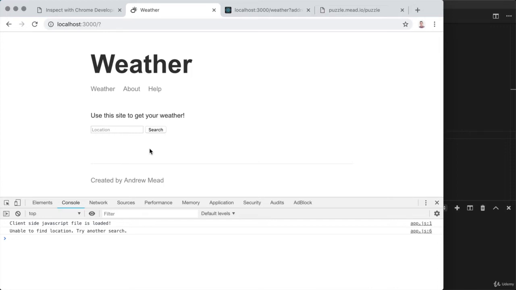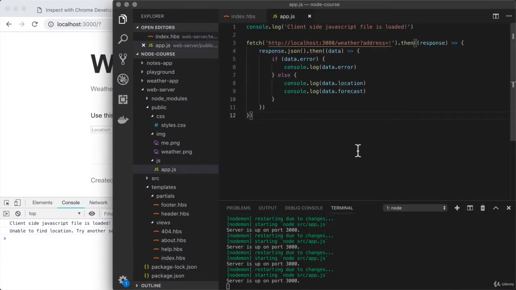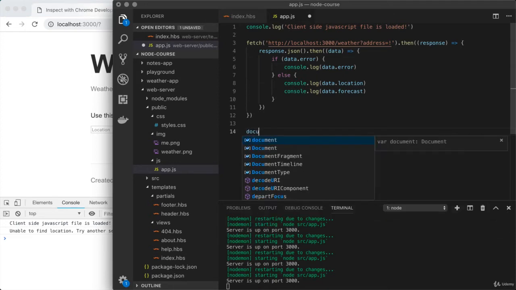The problem is that if we were to submit it, nothing would happen. It's not wired up with our client-side JavaScript code. So let's go ahead and address that. We're done with the markup and we're going to move into app.js and figure out how we can do something when someone clicks that button and submits that form. To get started, the first thing we need to do is select the element from our HTML document that we're trying to work with. And we do this using